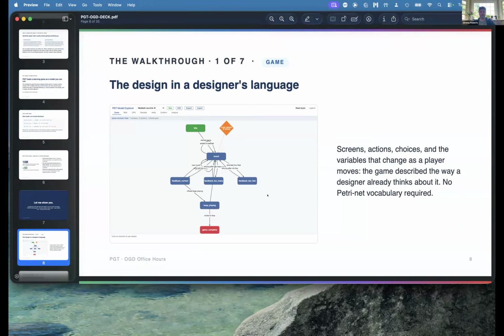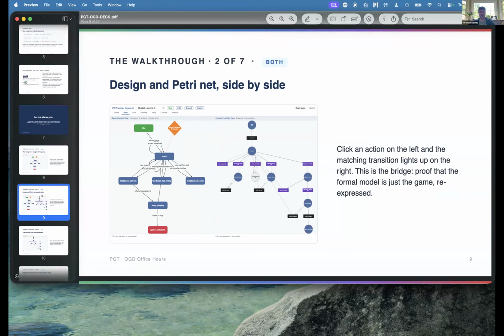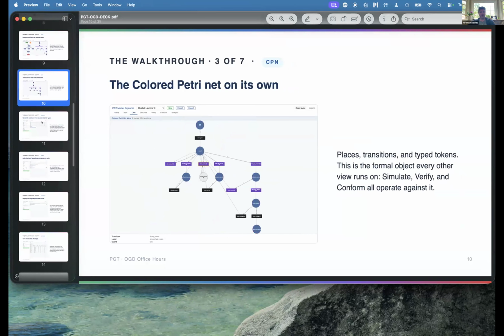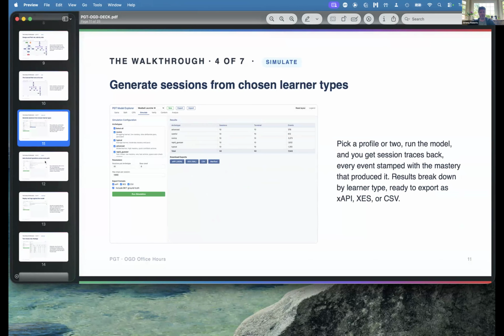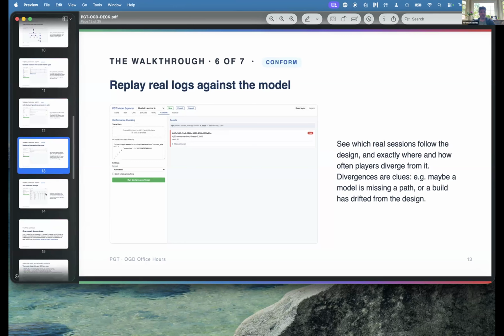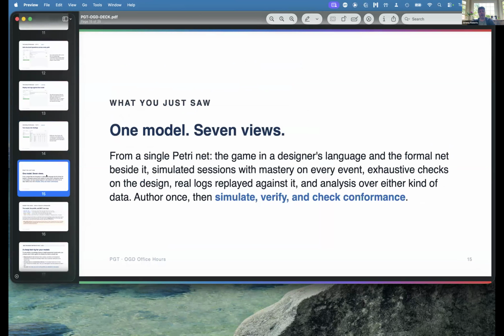I included the screenshots and the general purpose of each view that we looked at, so that if this deck gets distributed, you have all what we looked at: the game view, the bot view, the colored PetriNet view, simulation, verification, conformance checking, and analysis. So that model allowed us to look at the data, or generate data, or interact with the model and the game and the design 7 different ways.